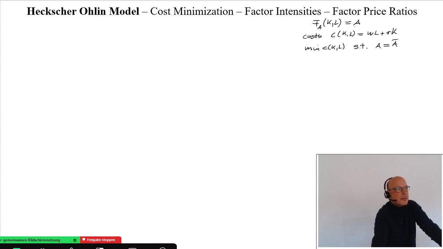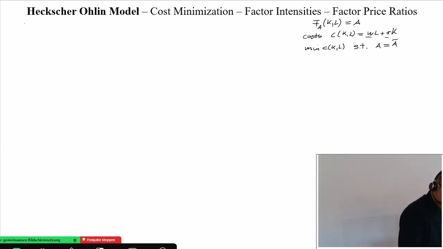How do I have to produce? How much capital? How much labor do I have to use given my two prices so that my costs will be minimized? And this you have done graphically,